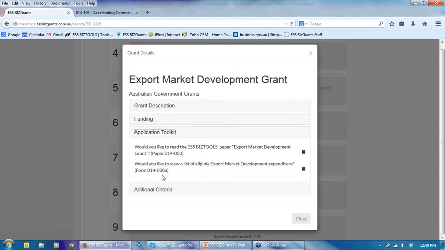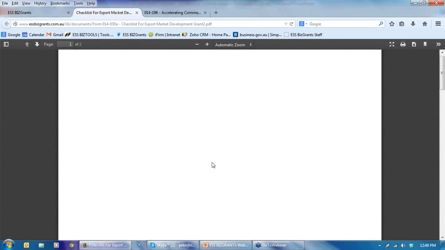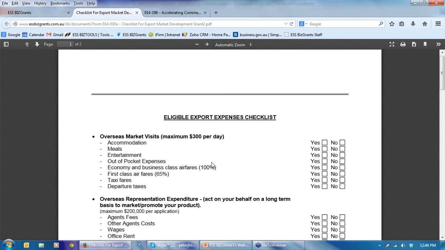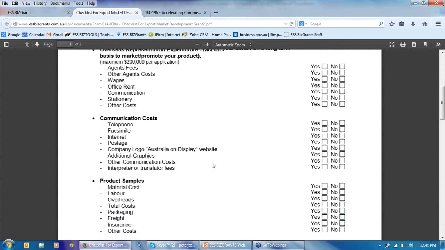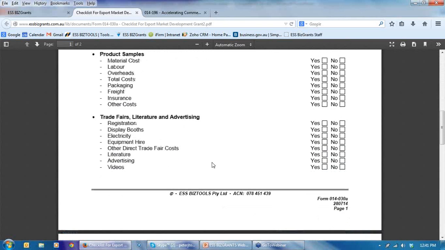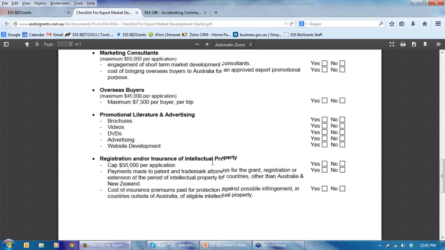So a grant of up to $150,000 on a 50% basis is available. If you have any clients that have been exporting, you're going to have to move fast if you want to lodge an application for 2014. It has to be in by Monday. The link will take you, we'll just show you something different this time. We'll go to the list of expenses that can be covered by the Export Market Development Grant. So they're there if you want to check through them or show your client so they can see those expenses.